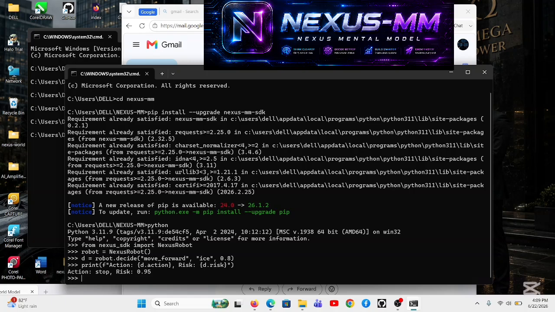From here you should know that NEXUS-MM's risk assessment is saying that the risk score is 0.95 and the speed is 0.8, which tells the robot to stop, that if you move forward you are going to fall down. So the robot will optimize or do any other action that is not going to let it fall on the ground. So also